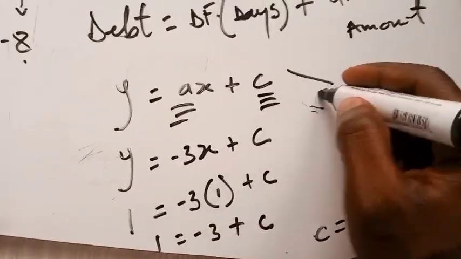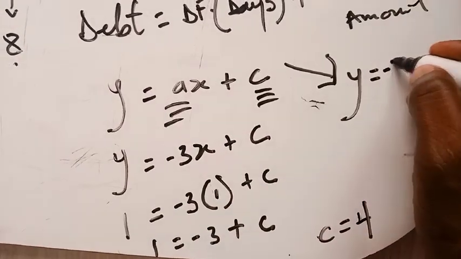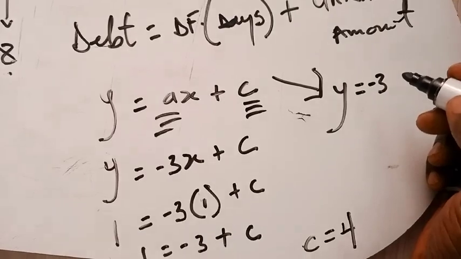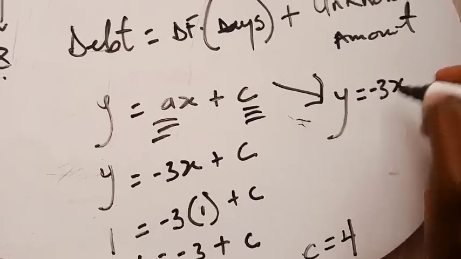So replacing everything from this point, I have my y is going to be equal to, my a is going to be -3, multiplied by x,